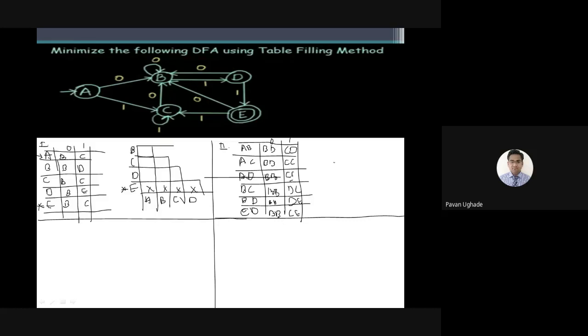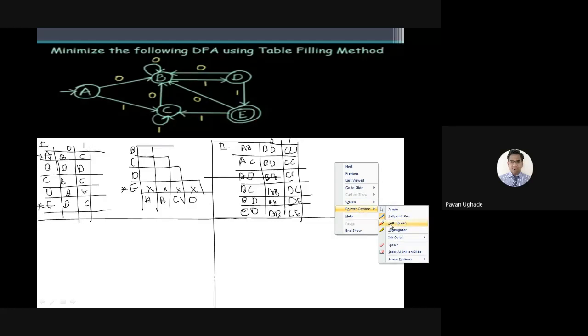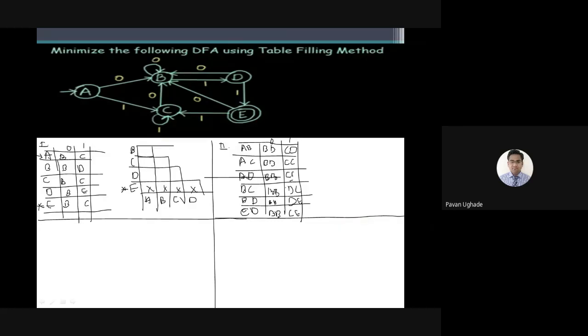Now, guys, those who couldn't get the answer, or those whose step two I showed was wrong, please have a look at this. I must tell you, if you get step two correct, you can easily make a point over which states are distinguishable and indistinguishable. Once you know that, there is nothing left out. You only need to minimize or replace the equivalent states and get the DFA. That is very simple. Step two plays a vital role in getting the answer.